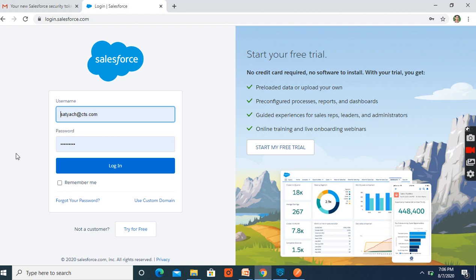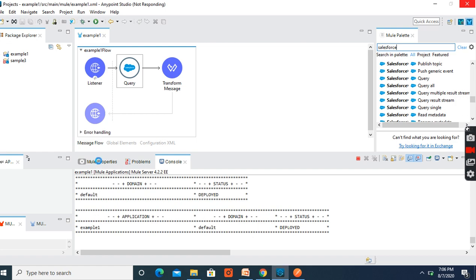If you are new to Salesforce, you can get a free trial. Right now I have my credentials, so I'm just logging into the application using my credentials. Let's go back to the Anypoint Studio.